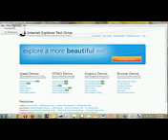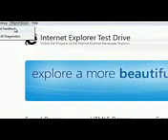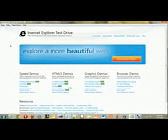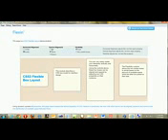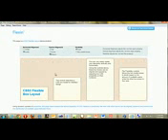I can also report issues, so this is a good place to provide feedback, which again, we really, really want to hear your feedback, not only on IE9, but on the things that we're talking about in IE10. And then I can also from here look at some performance demos, some speed demos, look at how we're tuning JavaScript to run faster in the next version of the browser, but also some of those specific features that we're implementing. So that's things like CSS3 Flexbox. So flexible layout gives you better control in CSS over box orientation and layout on alignment on your pages. So you can experiment with some of these features and see how they work.